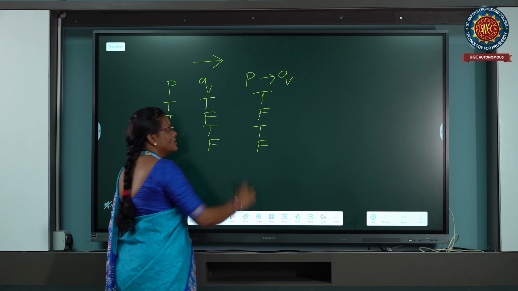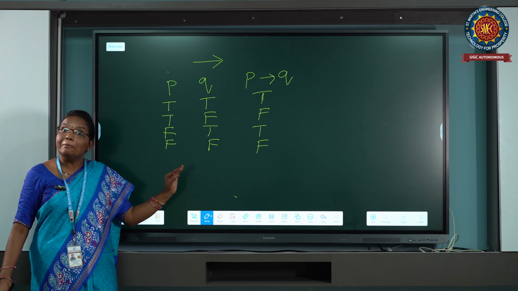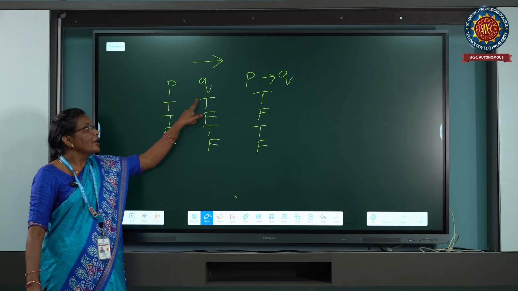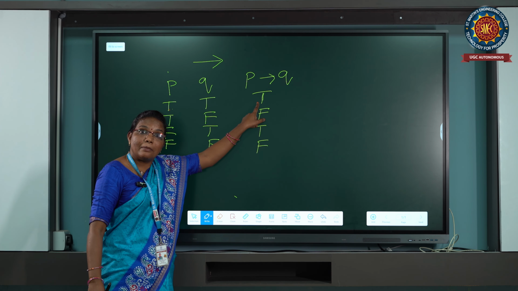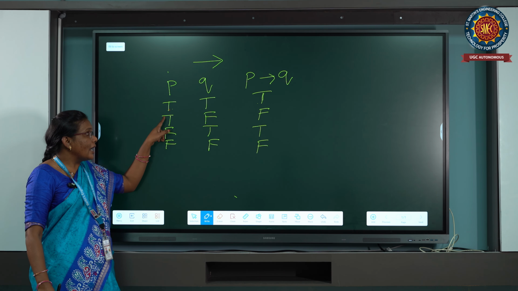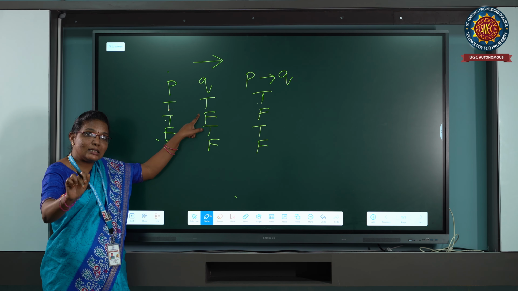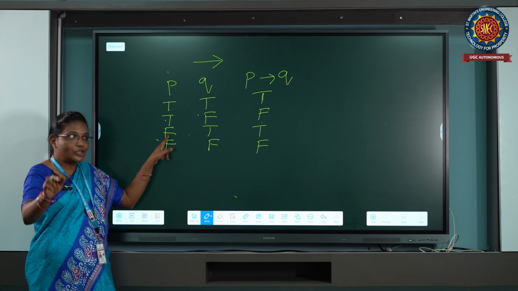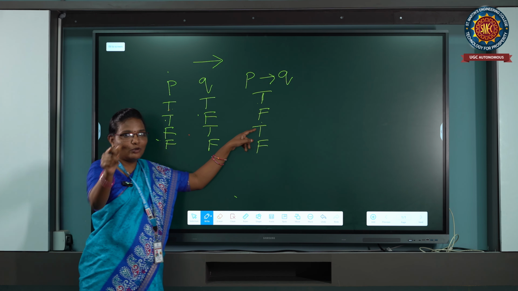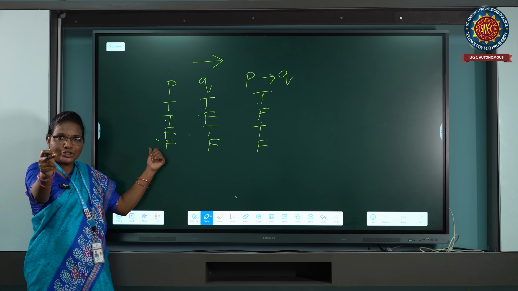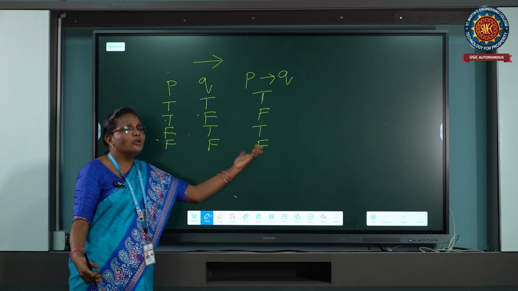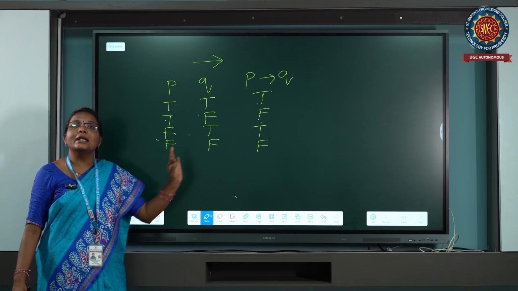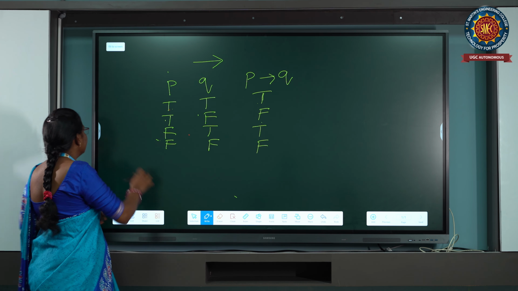So see, this is the construction of the implication table. Once again, right question, right answer, the result will be a pass. Next, the right question, you have given the wrong answer, so the result is fail. And next, wrong question, you have given the right answer, but you will be passed there. Wrong question, wrong answer, even though you will be passed here. And this is the construction of the implication truth table.